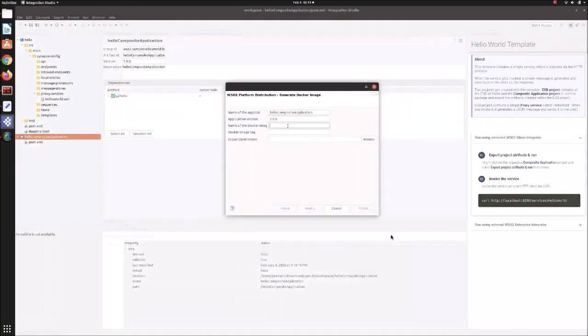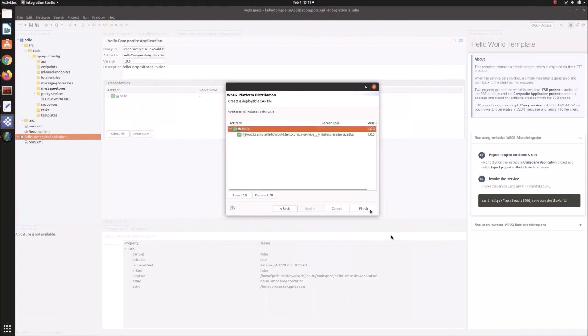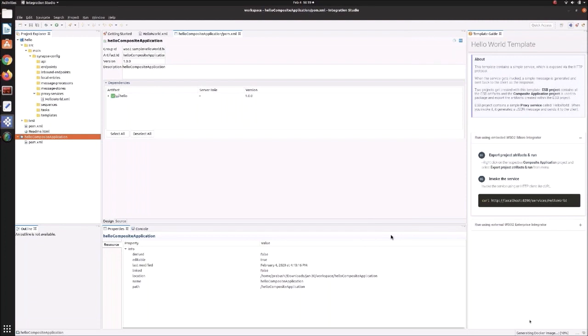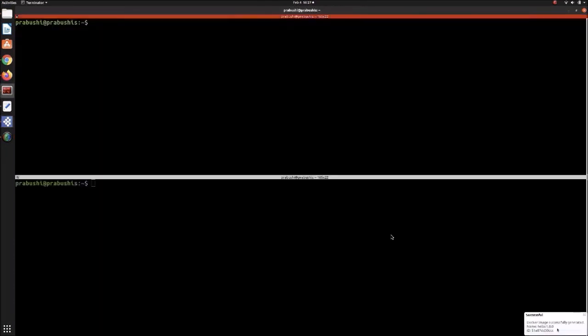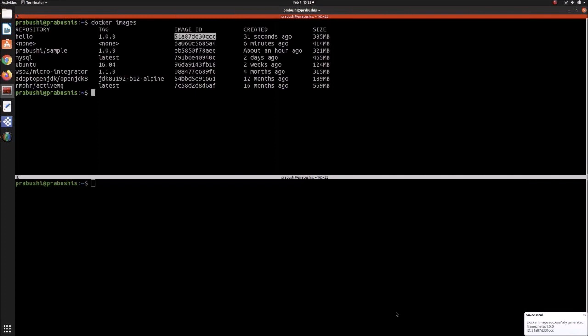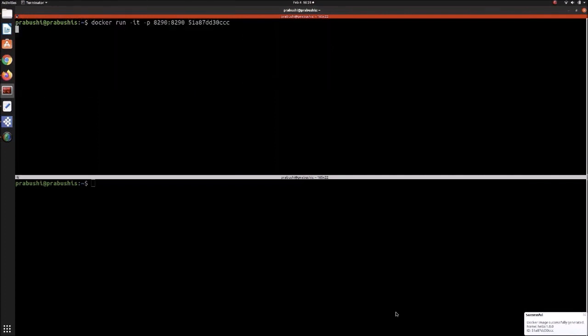It will ask you to give a name for your Docker image and image tag, and also you have to give the file location to add your car application. And here you can select all the required artifacts for your Docker image. Once you click on finish, down there in the task bar, you can see the progress of the Docker creation. Once it is done, we will get a pop-up with the ID of your created image. And if you check the local repository, we can see the new Docker image has been pushed to your local repository.